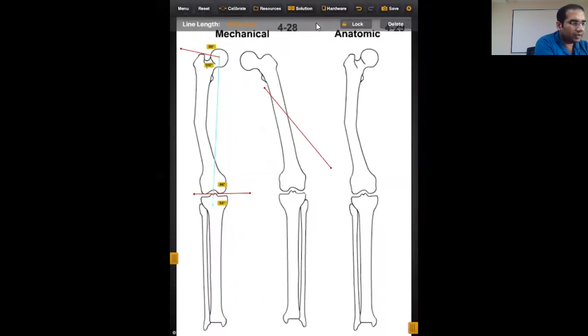What we'll do here is we will first draw the proximal axis and then the distal axis. As I told you, we're going to draw the deformity using the rule of 3 lines. This is the anatomical mid-diaphyseal line. I'm going to draw a parallel line to that mid-diaphyseal line, and then I'm going to draw a 7-degree line.